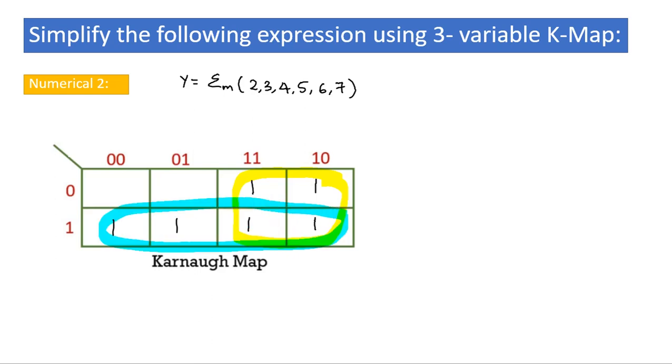In this case, the final expression can be written as y is equal to, say I consider this as A, B, C, this will be equal to A corresponding to the blue color line and B corresponding to the yellow. So this is A plus B. So prime implicants are 2 and essential prime implicants are 2. So let us solve the next numerical.